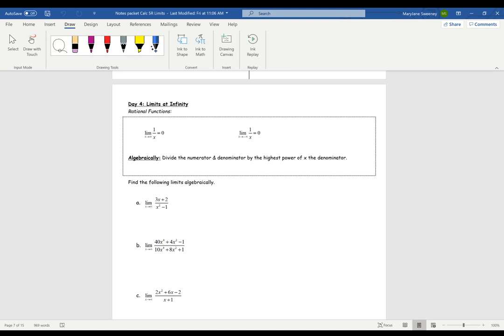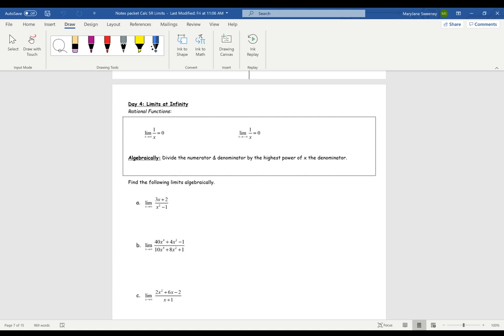Okay, day 4, we're going to be looking at limits at infinity. At first, we're going to be looking at some rational functions, some fractions. First of all, one thing you want to know: the limit as x approaches infinity of 1 over x equals